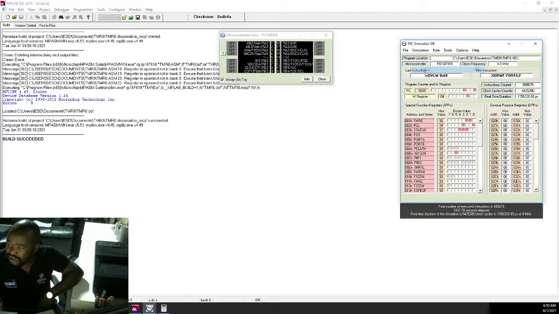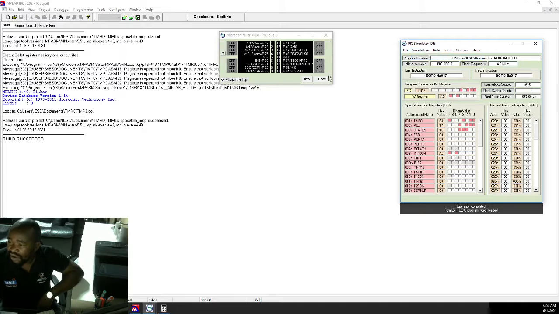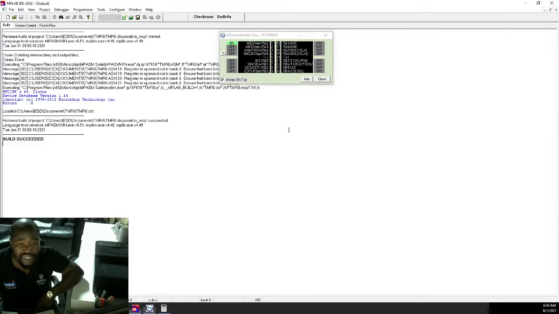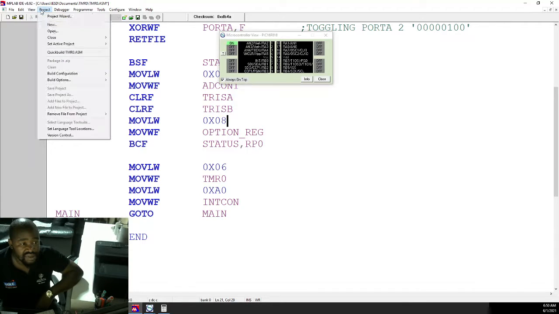Let's go here, stop this, let's reload, and now you saw the rate at which it was flickering. Now it's flickering much slower, right? Because the delay now is 2 milliseconds, right? Whereas before the delay was 250 microseconds. Let's look at the rate. That's the 2 milliseconds rate. You see that rate. If I change this back to 8, meaning 250 microseconds,